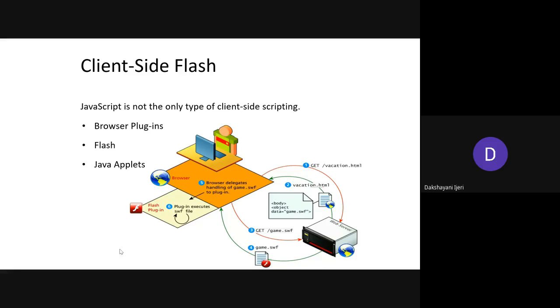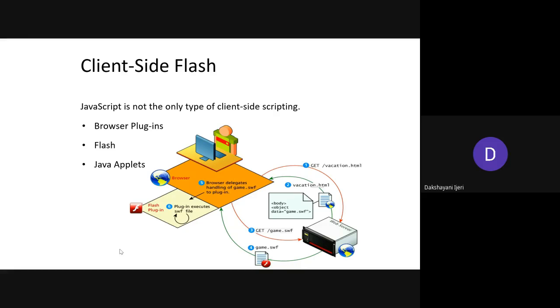The best example is whenever you try to run a video, or whenever you have downloaded a video or are running a video through a website, and you do not have the proper platform to run that video, you will be asked either to install the plugin or to download the supporting software. Isn't that so? That is what is given over here. Whenever you have any JavaScript to be executed, and you do not have the supporting platform to execute a particular file, in that case you will be asked either to run the plugins or to download or attach the applets.